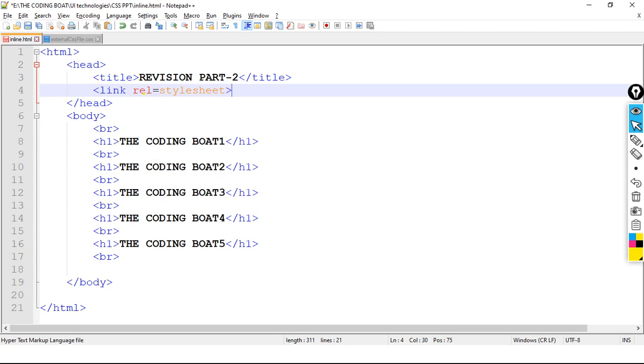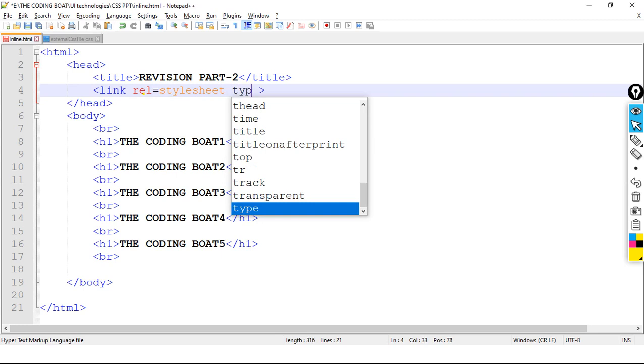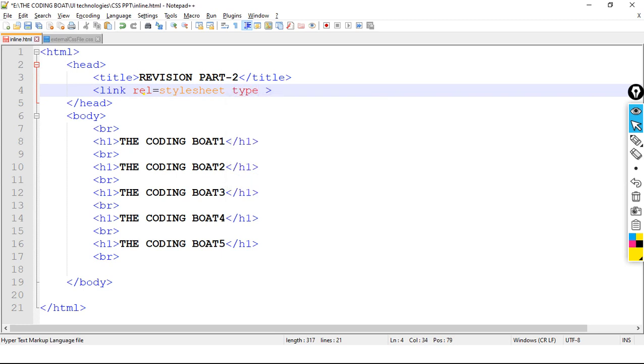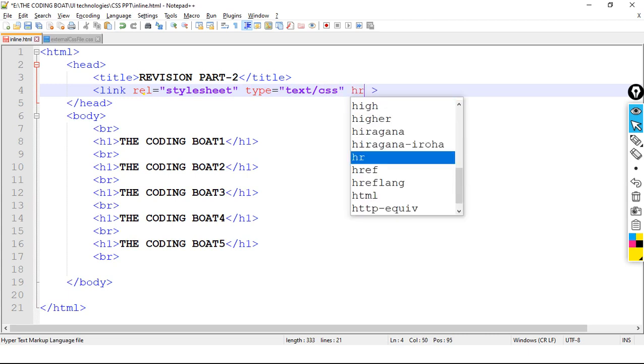Okay, and type. Here CSS should be in, style sheet should be in double quote, type is equals to, what should be the type, text slash CSS.